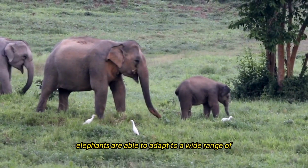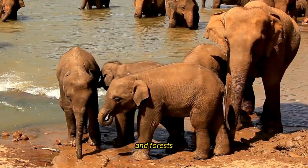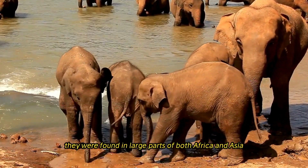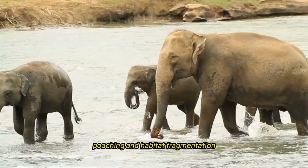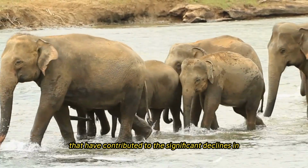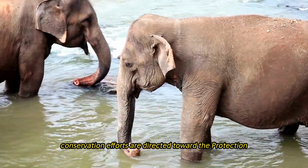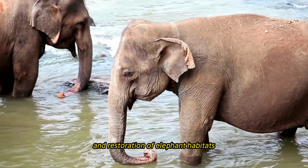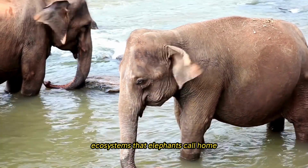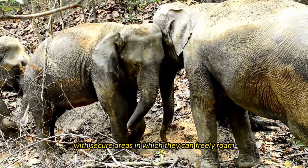Elephants are able to adapt to a wide range of environments, including dry grasslands, wetlands, savannas, and forests, among other types of environments. Historically, they were found in large parts of both Africa and Asia. Poaching and habitat fragmentation are two examples of human activities that have contributed to the significant declines in elephant populations in recent years. Conservation efforts are directed toward the protection and restoration of elephant habitats, with the ultimate goal of preserving the vital ecosystems that elephants call home. National parks and reserves play a significant role in providing elephants with secure areas in which they